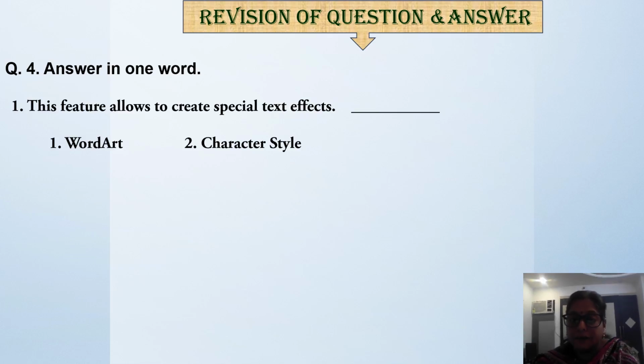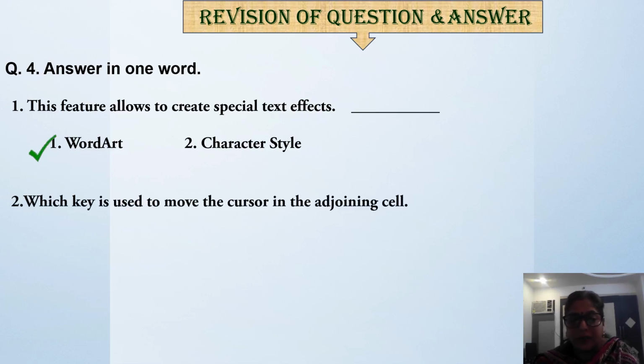Yes, the answer is word art. Then second one: which key is used to move the cursor to an adjoining cell? Which key? It is the shift key or the tab key. What is the answer? Yes, it is the tab key.